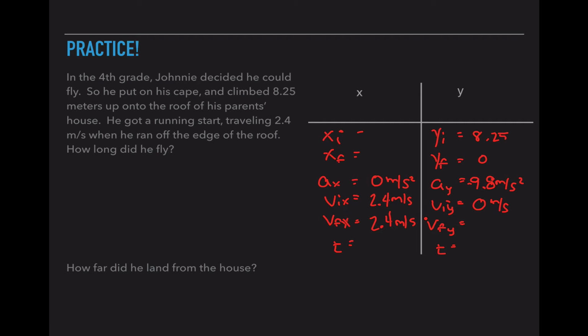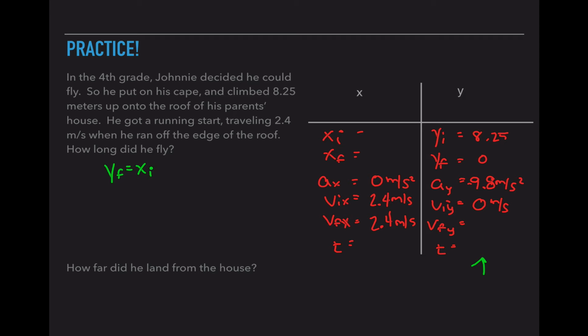Now looking at our T-chart, we need to decide what information can we use to answer the first question of how long did he fly? Now notice, in the X column, I have 1, 2, 3 unknowns. In the Y column, I have 2 unknowns. And if we think back to our kinematics equations, one of them we need, one of them we don't. So we're going to use the Y column to solve for the first question, because we don't need to know VFY in order to solve for time. We can use